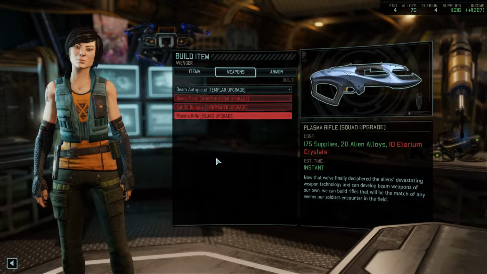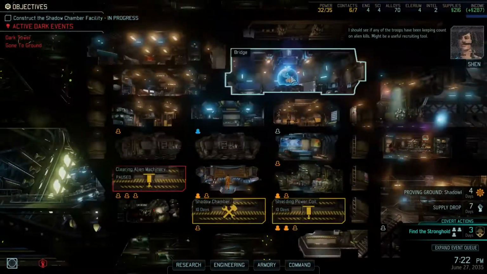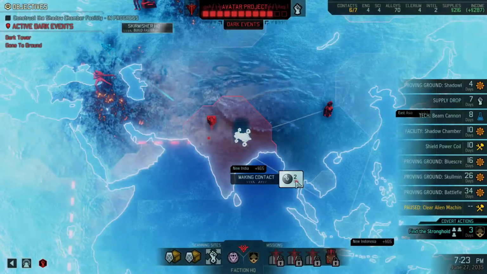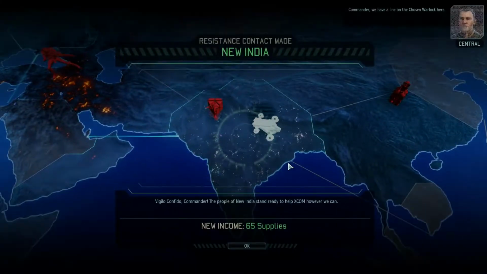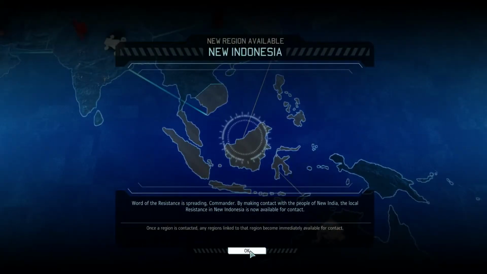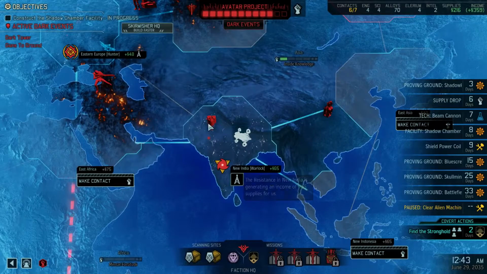Okay, so we just need a lot of Elerium crystals. I should see if any of the troops have been keeping count on alien kills. Might. Commander, we have a line on the chosen warlock here. Located. Okay. So,